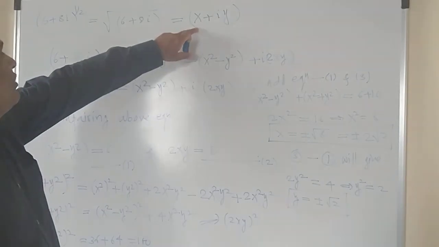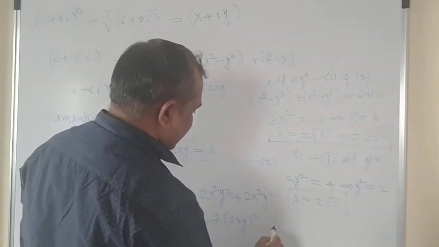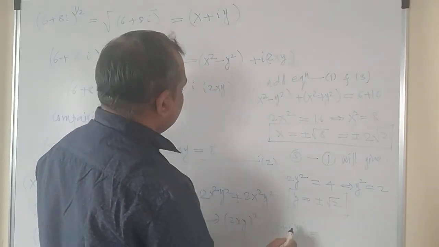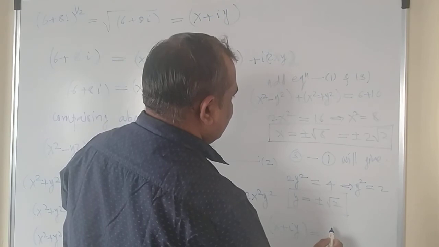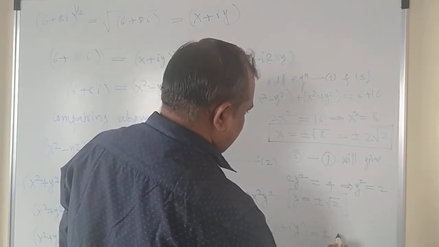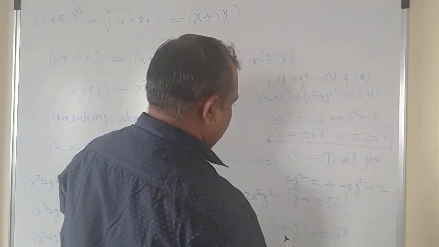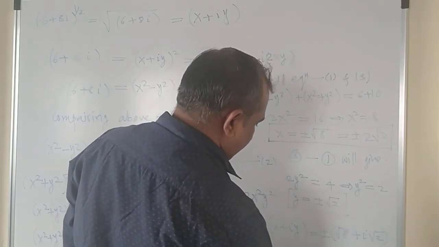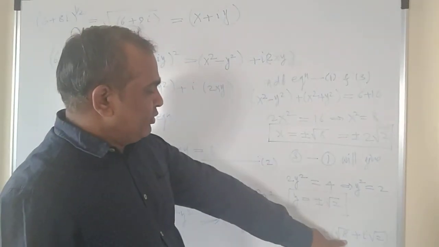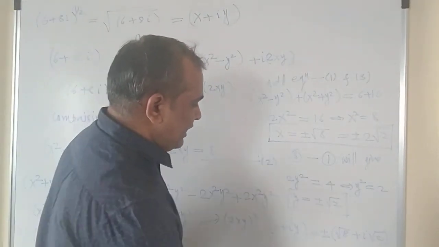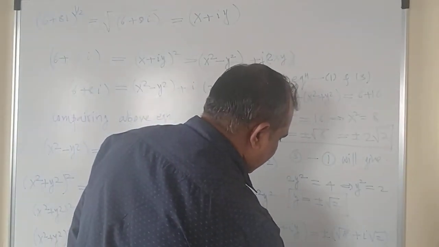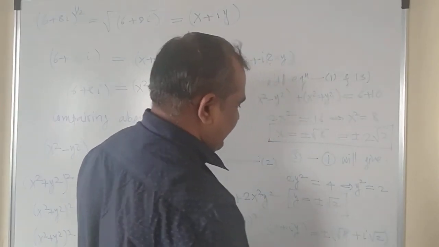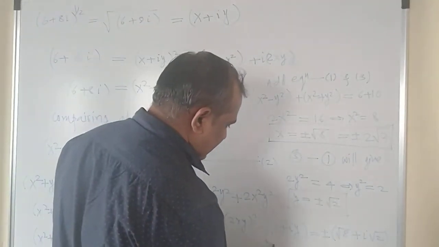And now you can write the given complex number. Now what is your given complex number? It is in the form of x plus iy. So x plus iy is equal to how much? Plus minus root 8 plus i root 2, or you can write the same here. Instead of root 8 you can write 2 root 2, and you can take out common root 2 also, and inside the bracket you will get 2 plus i. Got it? So this is the given complex number.